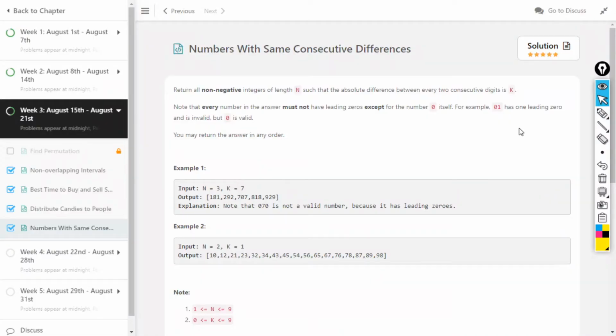So in this video we will discuss the 18th question of the Akash Leetcode challenge. Our question is Numbers With Same Consecutive Differences. We are given two values, one known as k and another known as n. We have to find a number which contains n digits, and the difference between their consecutive digits should be